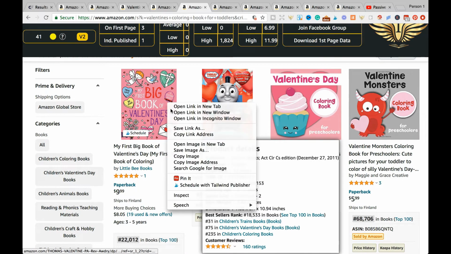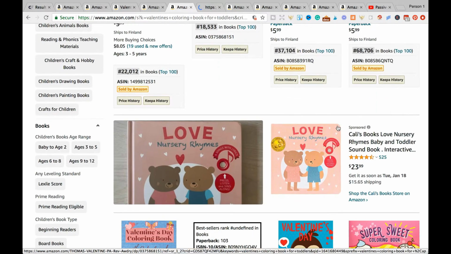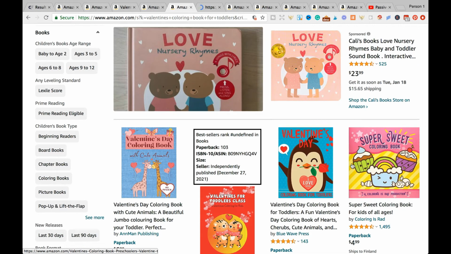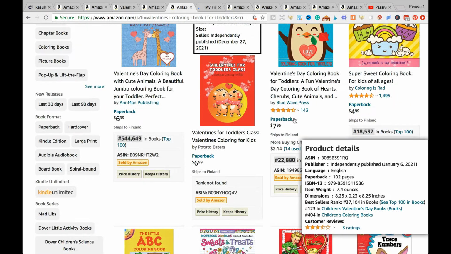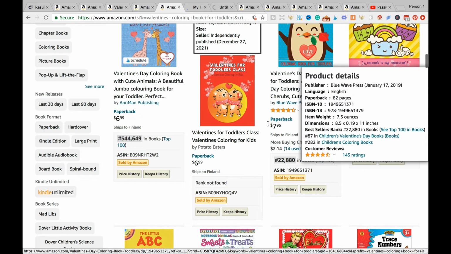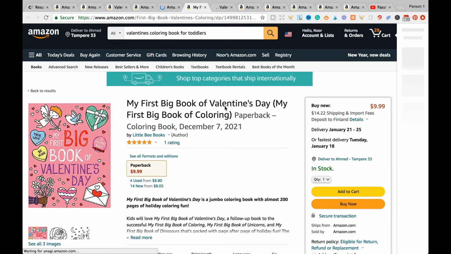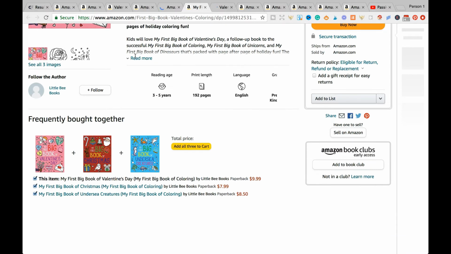So our next niche for the day is Valentine's Day coloring book for toddlers, and it has a keyword niche score of 41. This keyword is absolutely amazing because you'll be creating Valentine's Day coloring books for toddlers. So extremely simple, extremely easy to create, and keep in mind that basic minimalist images, graphics and wording work best